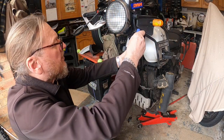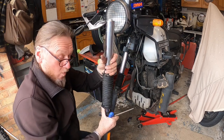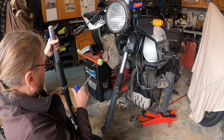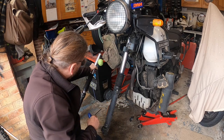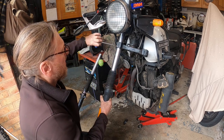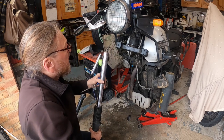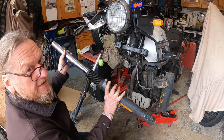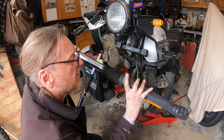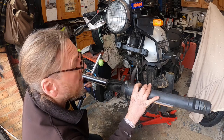So we'll just tweak this, and there you go. There's your fork leg, left hand fork leg, and that drops out. Put that over there. And then we flip this round, and there you go. Just loosen that lower bolt and the right hand fork leg flips out, and you can see where the powder coating, after 5 years of total abuse, is just starting to lift, which for the price of the bike, how long it's lasted,